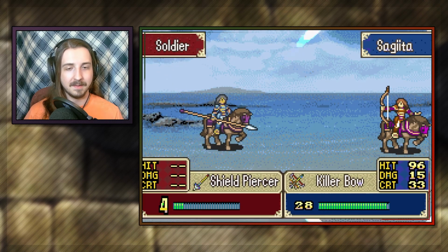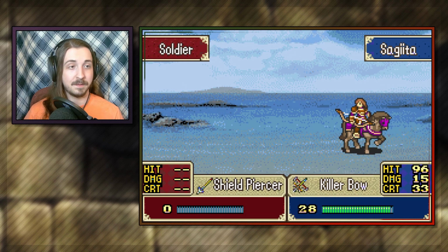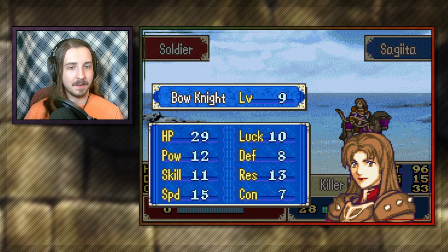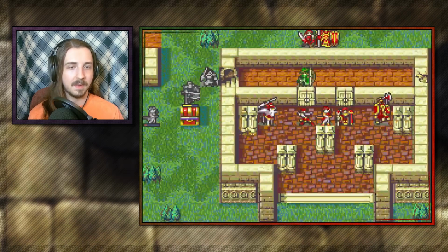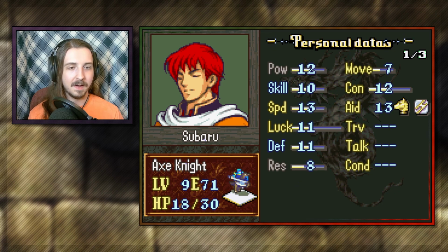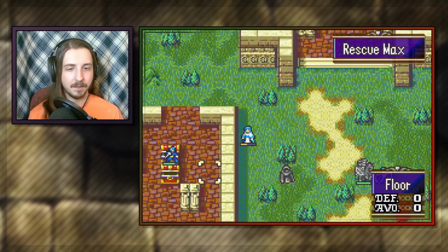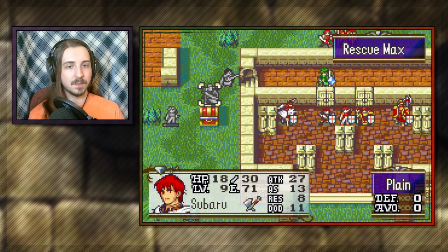Sagita could be our promotion candidate if we so choose. She is, if not there right now, very close. She is there right now. Power, skill, and res. I'll take it, that's for sure. And if we really want that, he's got +5 to all, that's very cool. If we really want that promotion item, we're gonna have to send somebody to get that. So if that's gonna be the case, we'll do,